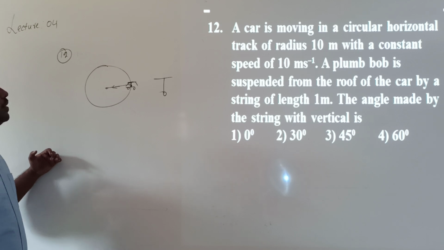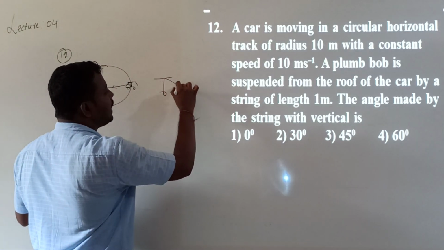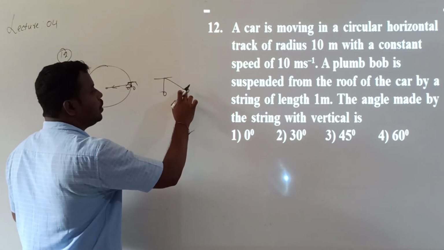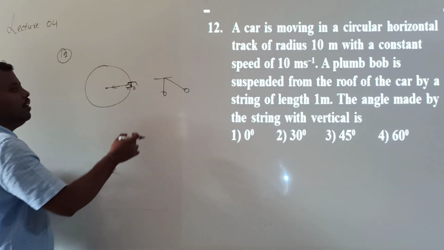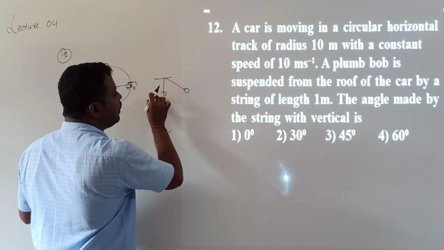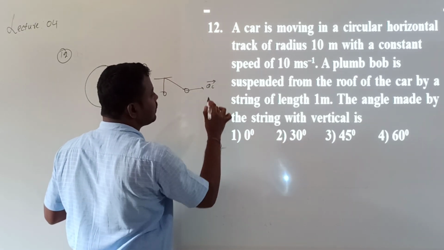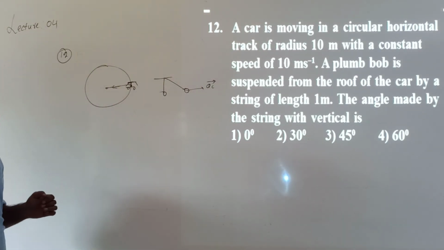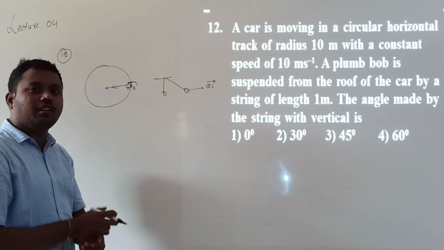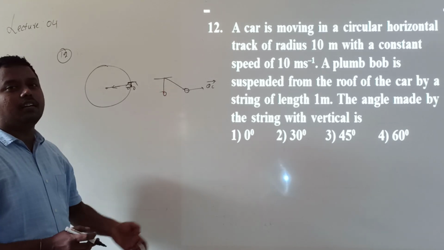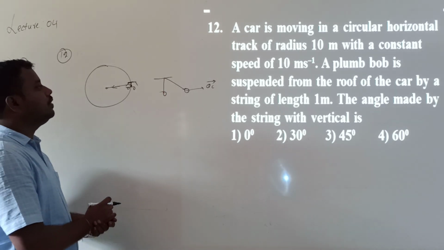In a non-inertial frame of reference, when the car is accelerated, the pseudo force will act on the bob in a direction opposite, as per Newton's laws of motion. So it will be acting away. So what happened to the bob? The bob will be displaced with an acceleration given by AC. Whenever a body is in a non-inertial frame of reference, it will experience a pseudo force, that is the centrifugal force. The magnitude of the centripetal force and centrifugal force are both equal.